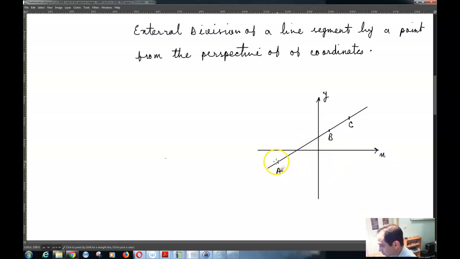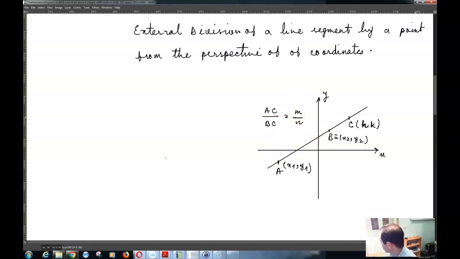Now if I take the coordinates of this point as x1, y1, take the coordinates of this point as x2, y2, and take the coordinates of C as h, k, and if I know that AC to BC is equal to m to n, the ratio,